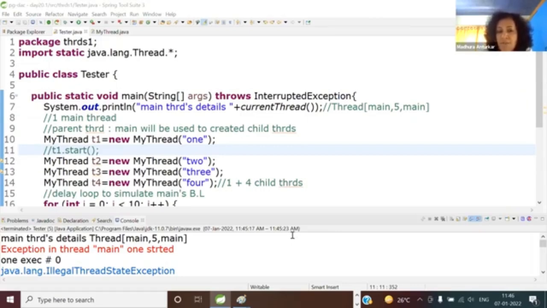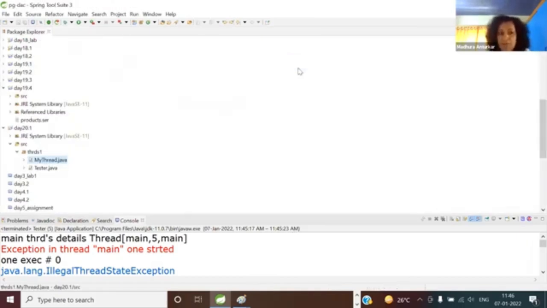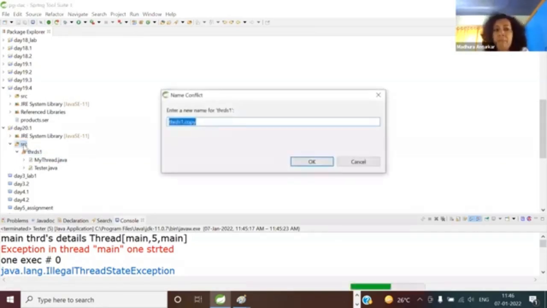All the statements reached you? Okay. So now make a copy. Close all. And copy threads 1. Click on threads 1 package, and click on SRC and say,